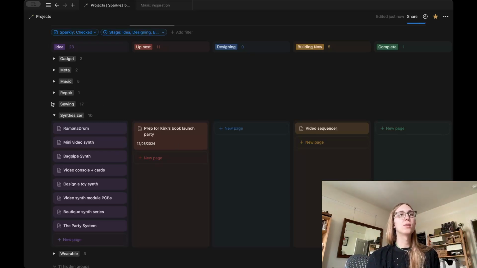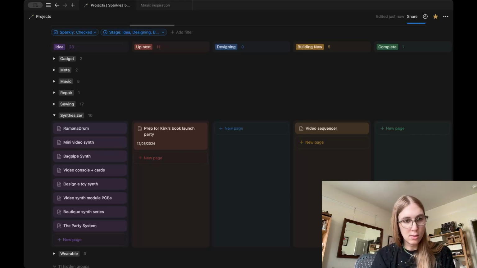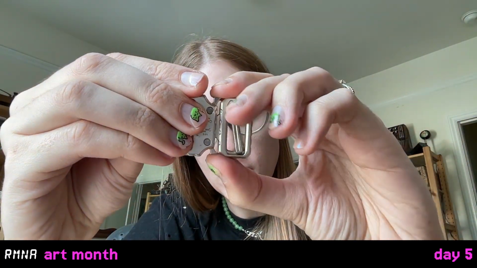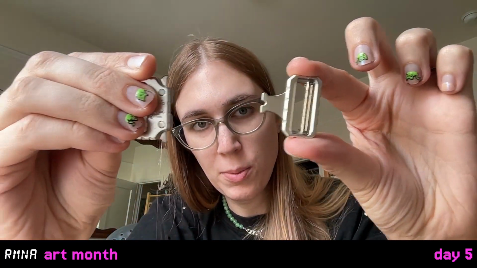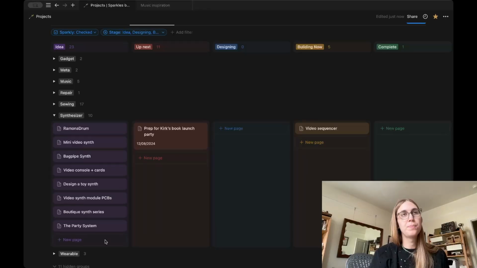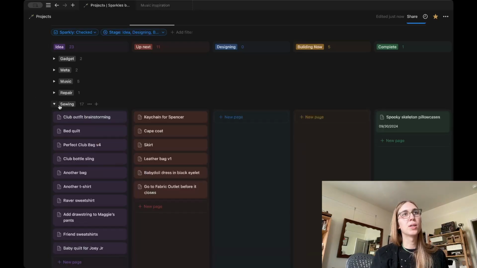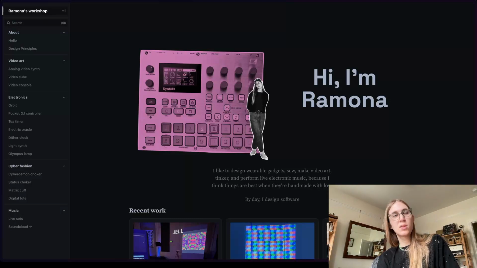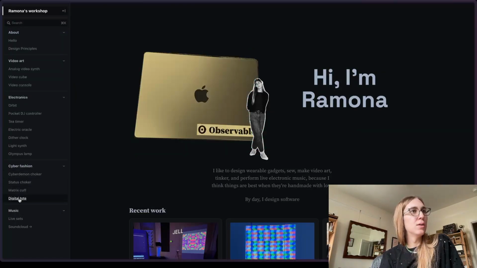And then also, I just got some parts in the mail from Amazon. I got these cool little buckles, which I've used before on a different project, but they separate like this, and they have a cool sort of look to them. But these are for this project, a keychain for Spencer. So a couple of months ago, I made